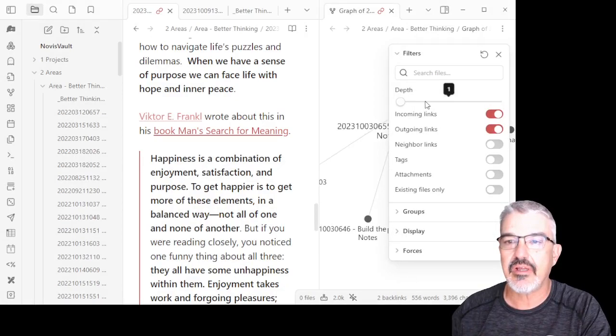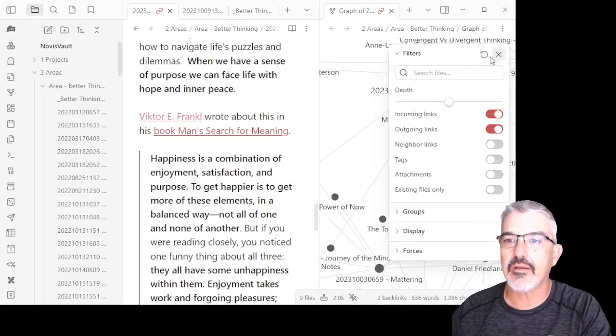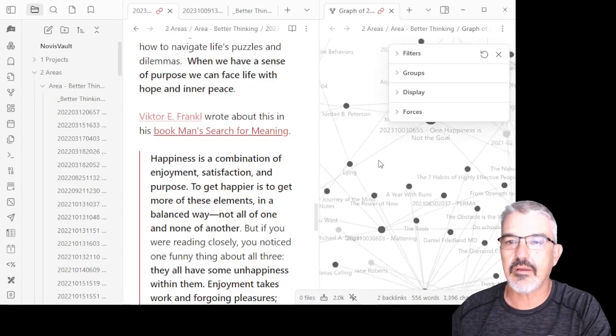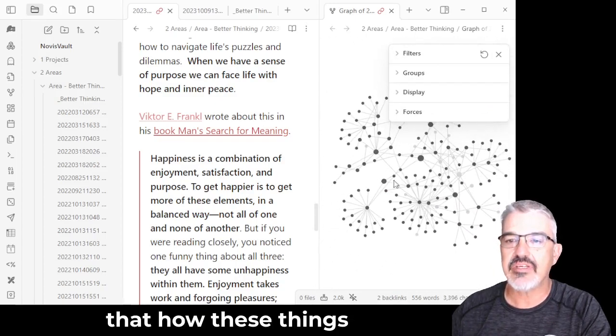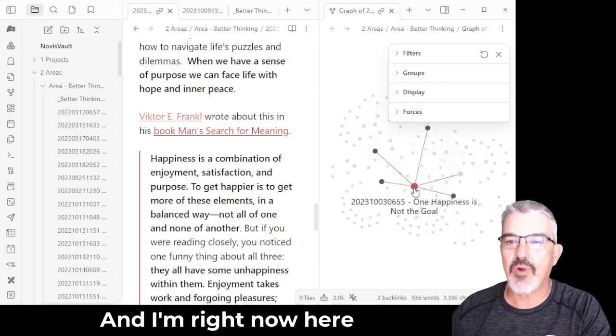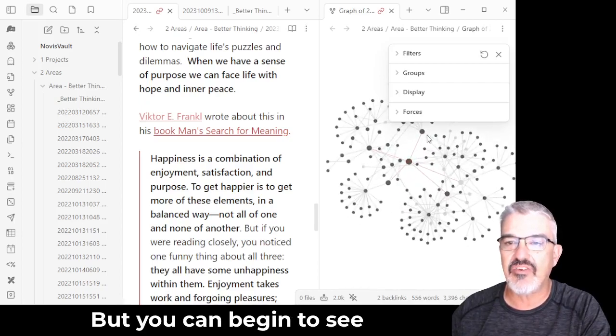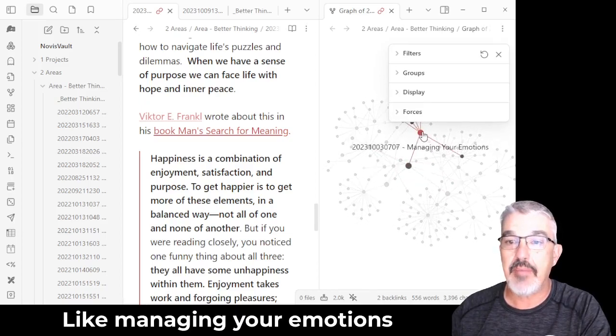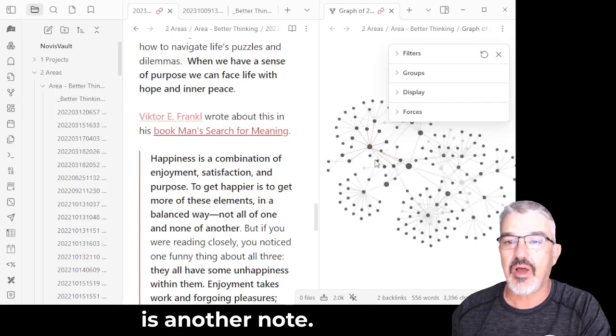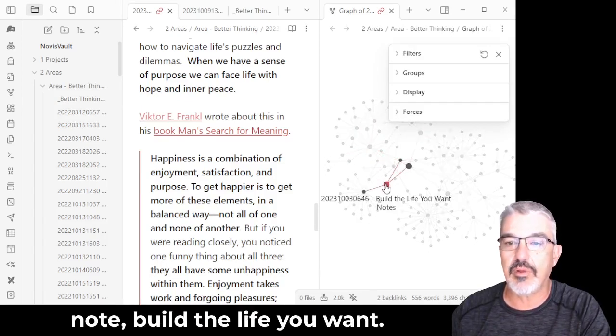You can see how these things are linked. And I'm right now on this note, but you can begin to see all the other notes, like managing your emotions is another note. The day that I started this note, build the life you want,